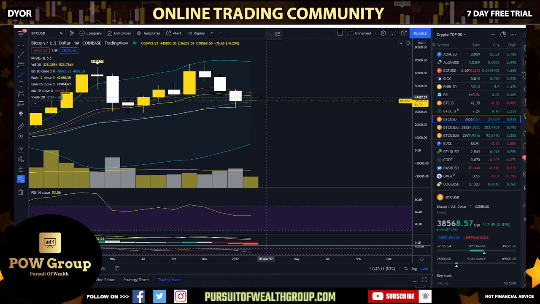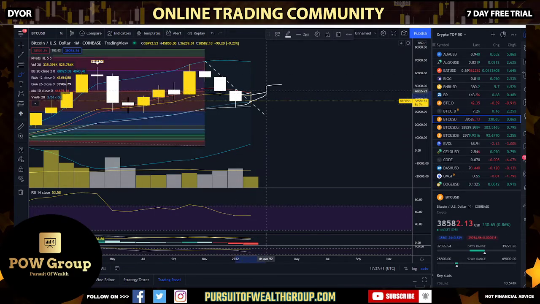If we start the next monthly candle inside that range, then resistance will be 45,855 and support will be 36,259. If we lose 36,259, we could be in trouble. We could be going back down to that 28K on Bitcoin. But if we break resistance next week at 45,855, that will confirm the monthly bounce. And then what I could see is a potential lower high somewhere around the 55 to 60,000 area.